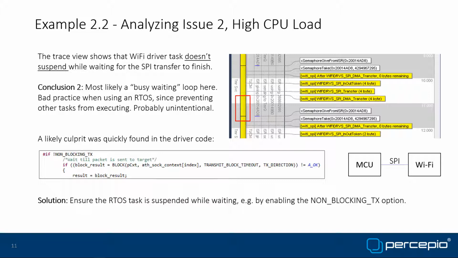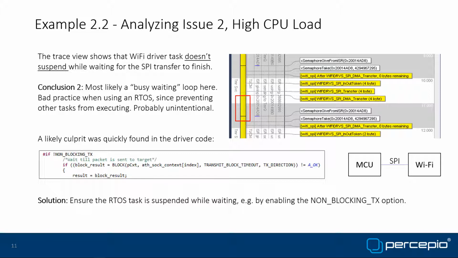Regarding the high CPU load, we noted that a Wi-Fi task didn't suspend while waiting for the SPI transfers to complete. An RTOS task should suspend itself when it's not doing anything useful by calling a suitable RTOS API function. Those are traced by Tracealyzer, but we can't see any such events here in the trace. This is a sure sign of busy waiting, where the task is waiting by executing a loop until a condition